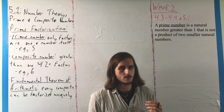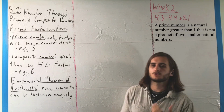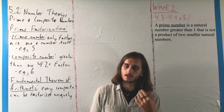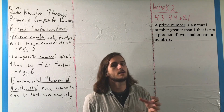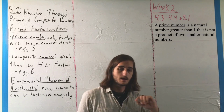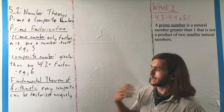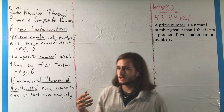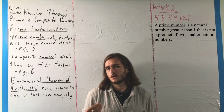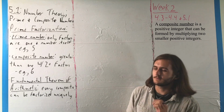And also the word they used, measured, or at least the word that gets translated to measured, probably today means something a bit closer to divides. So we can say that the primes are in some sense the first numbers, the numbers that you cannot divide any further than they are written, and can thus be used to make other numbers in terms of multiplication, where the numbers that can be divided in that way, the numbers that do have more than 2 factors, more than the trivial guaranteed factors, are called the composite numbers,